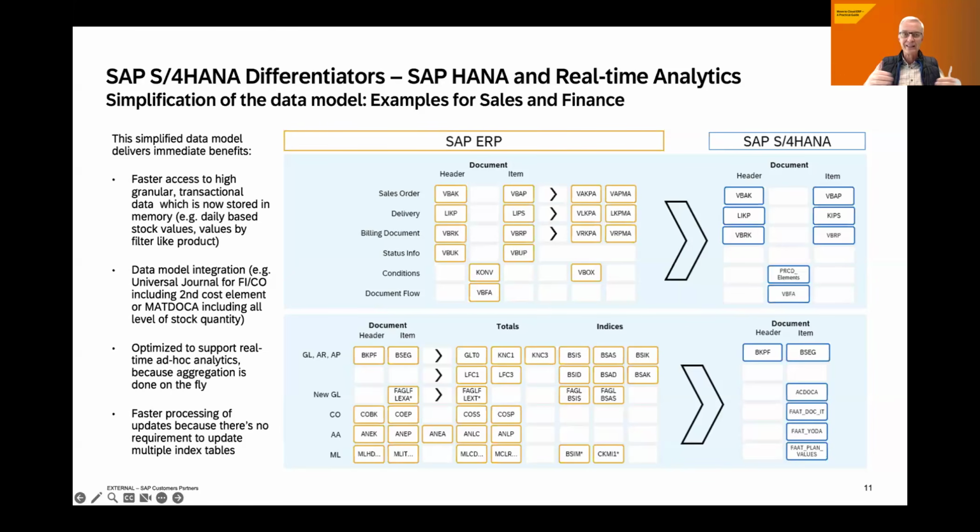So I don't need aggregated data to be physically stored somewhere. I can pull my data in real time and work with it. And I don't need separate data extracts for lists or for a BW or whatever I want.